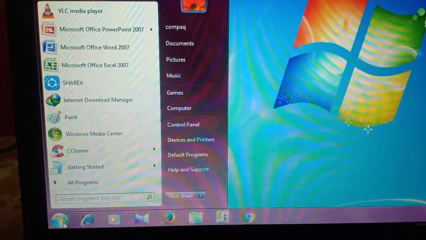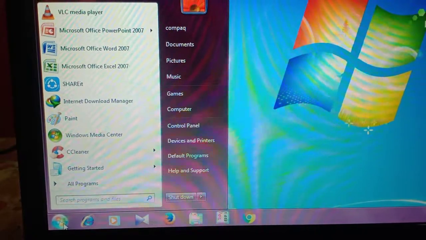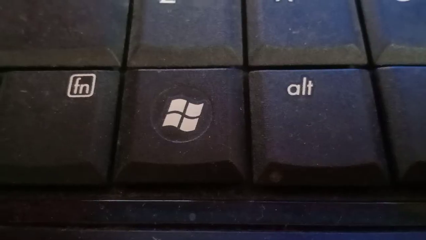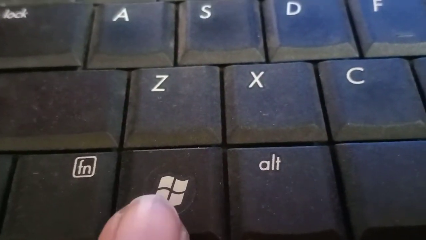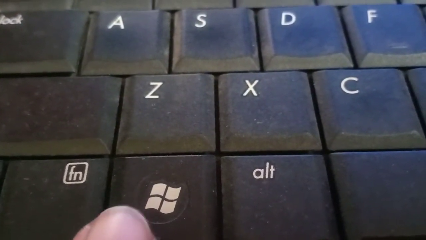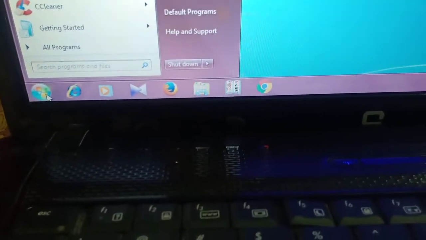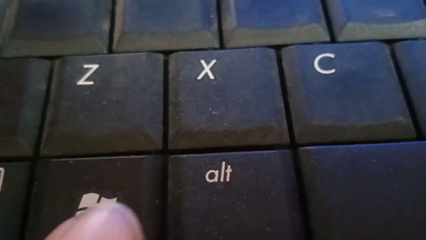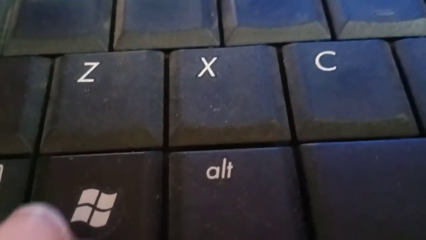The start button looks similar to the Windows button on the keyboard of the computer. See, this one is the Windows button on the keyboard. The start button looks exactly like the Windows button of the keyboard.